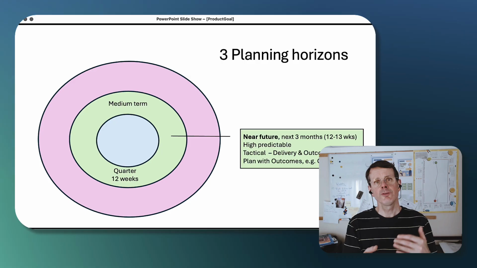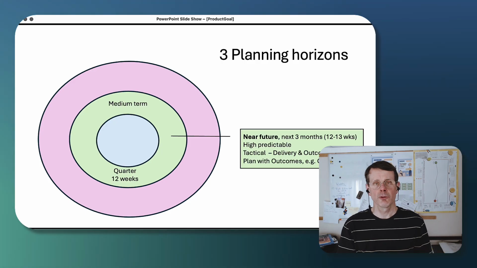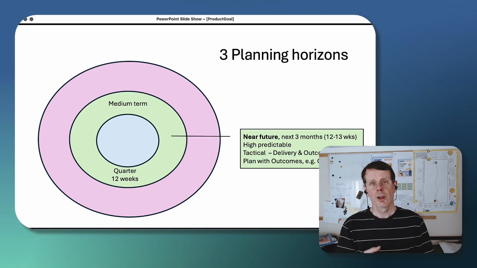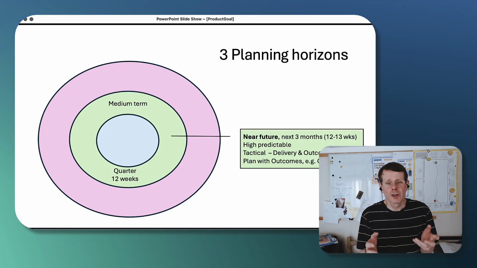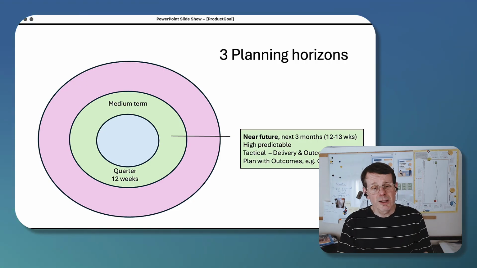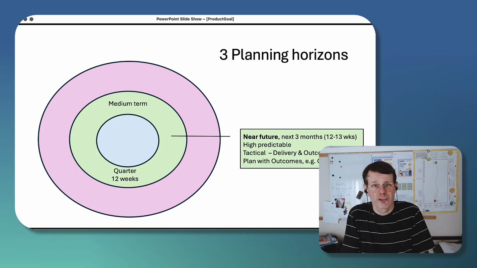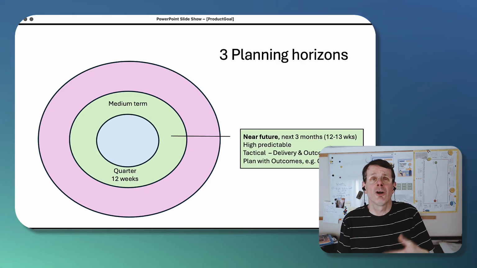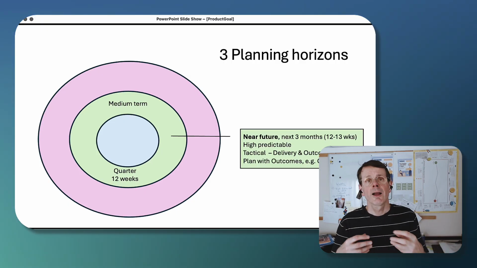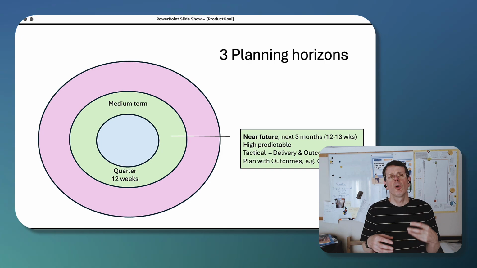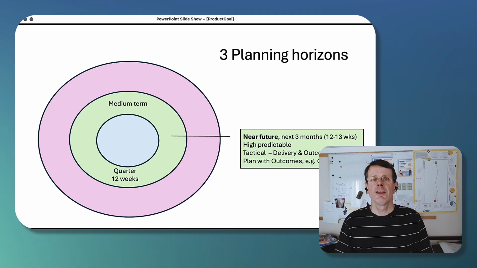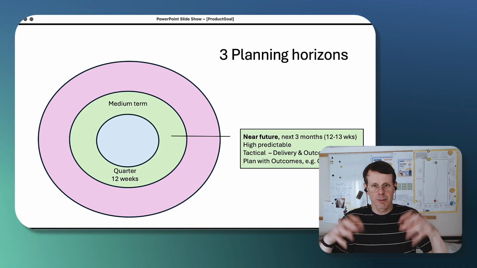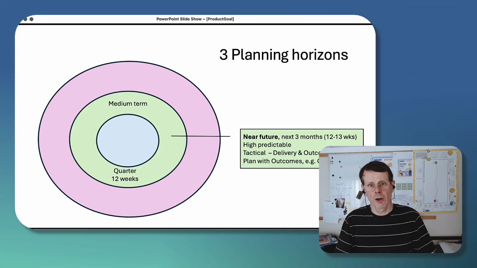At this level, the future's not as predictable as when you're talking about days and weeks. But you still have a pretty good idea of what the world's going to look like. Some things will change, but most things will be similar. Most things will be an extrapolation of now. At this level, planning is going to be more tactical than strategic. Plans are orientated around your desired outcomes, the objectives you've got that I recommend when you're using OKRs, objectives and